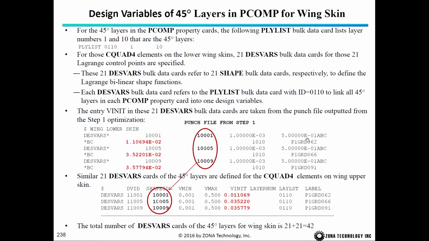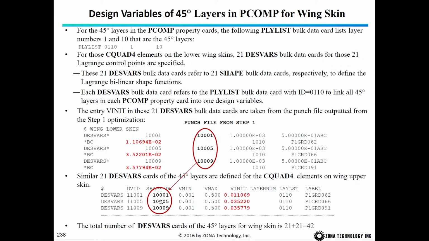This one is at grid point 62. So this is at 62, this is the thickness, and this is at grid point 66. This is at 66. So we take this thickness 91. We take that one, and this refers to